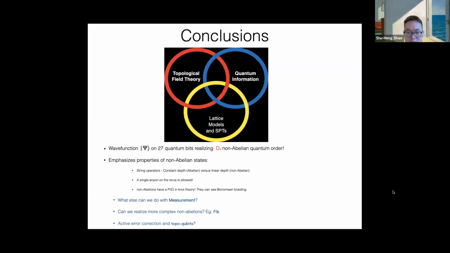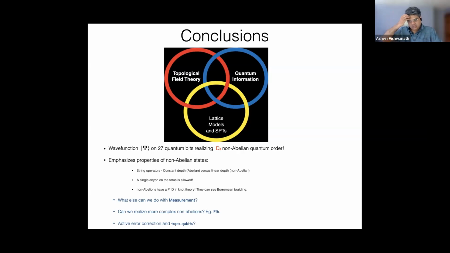I have one quick question. So you mentioned Fibonacci towards the end, but Fibonacci cannot be obtained from the similar trick you play, right? You cannot start with some Abelian SPT and gauge, etc. So how difficult would it be to realize the Fibonacci, given that it's fundamentally qualitatively different from the D4 topological order? Yeah, so at least as far as we know, we don't have a fast preparation way of doing Fibonacci,